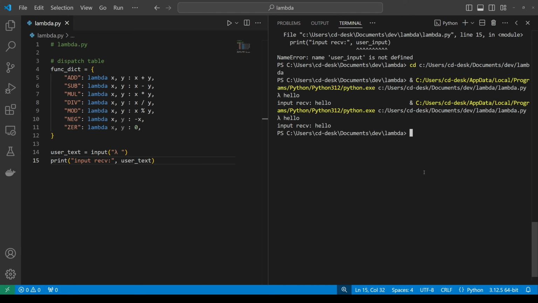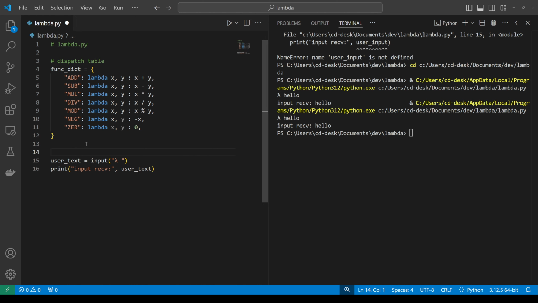Let's make it a little more interesting by actually providing some way for a user to perform arithmetic operations, right? Sort of the most basic things that are done in a programming language, the first things we did in the Python programming language when we were learning it together. So the way I'm going to do this is I'm going to take the user text, and I'm going to begin to process that text. The first thing I'm going to do is write a note to myself about what kind of text I expect to receive to make it easier to process that. And so I'm going to say,